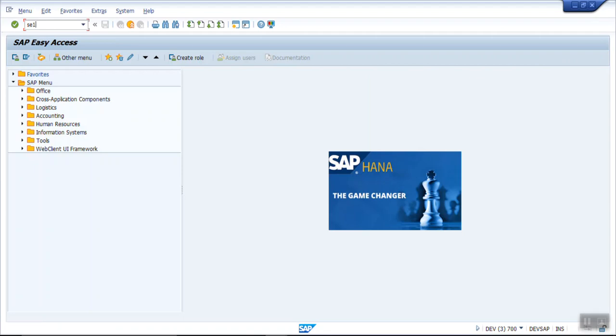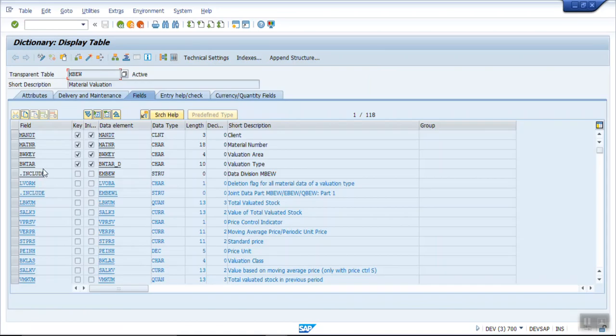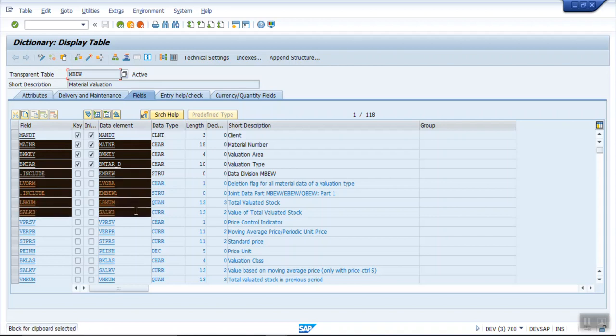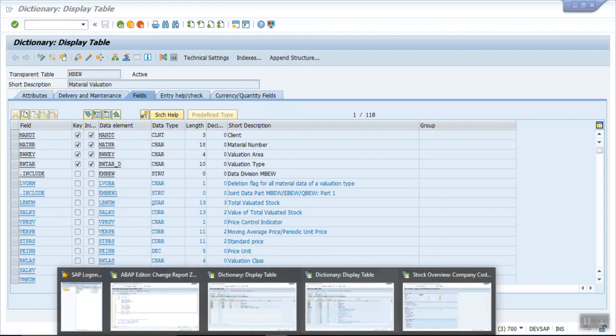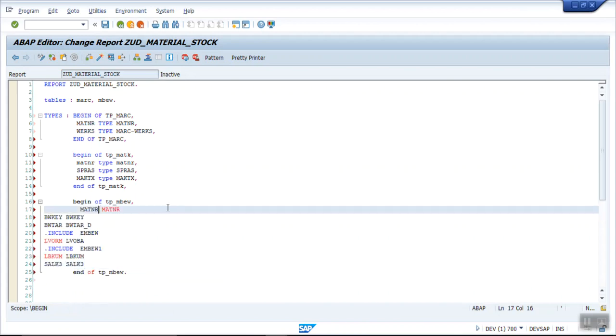So again I will go to SE12, this time MBEW. To pass all the values, press Ctrl Y and just drag and drop all the fields which we want. Ctrl C, paste in the structure. Here I will go with MATNR.